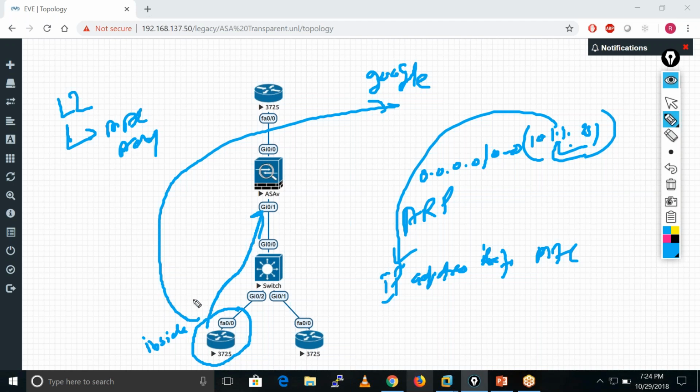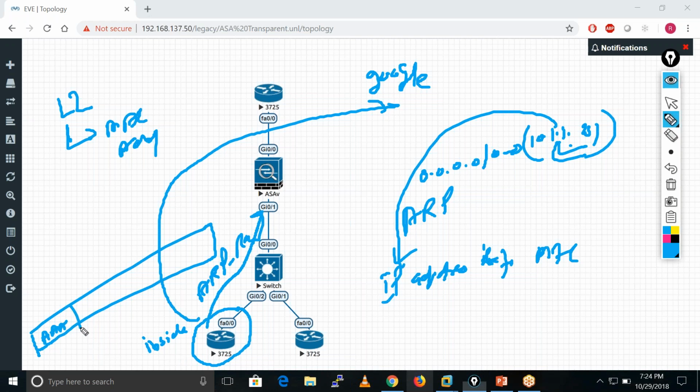So first, he sends one ARP request towards the gateway. How does he send this ARP request? He creates this packet in this way. He puts his MAC address. Let's suppose the MAC address of this guy is all A. I'm just taking one example. So he puts A, and ARP is a broadcast packet, so he puts the broadcast L2 address. After that, he also puts his source IP. Let's suppose this guy has IP address 10.1.1.100 and the destination IP is that of the ASA, 10.1.1.251.